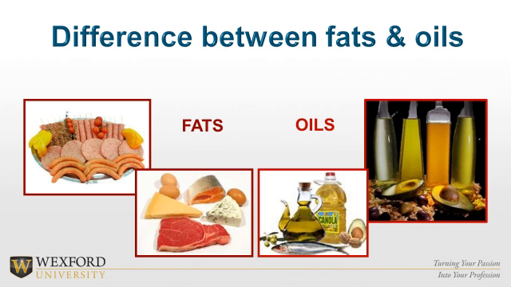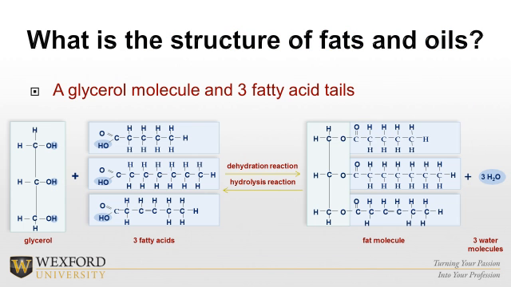So once again, here are our fats over here on the left. We tend to think of them as more of animal origin, whether it be meat or cheese or eggs, what have you. If it had eyes or a mother, I once heard an RD say, it's a fat. And oils typically are from plant origin. So now, how do we get these